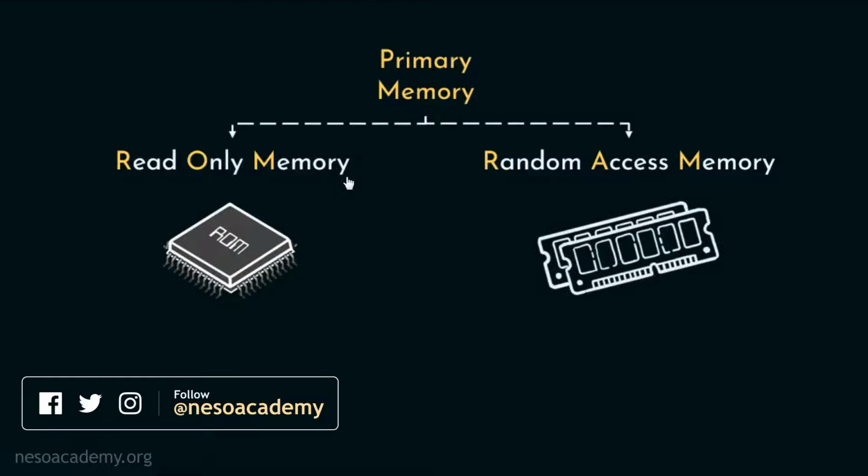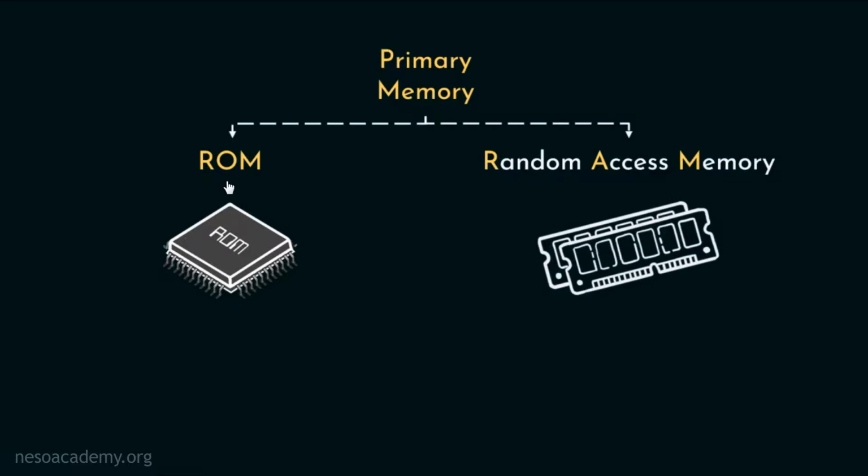And as the name implies, the read-only memory or the ROM is primarily used to read the information which is stored in it. Now ROM generally stores firmware, and firmwares are basically the softwares, or in other words, the set of instructions which are hardwired or permanently stored in the ROM. And for this reason, ROMs are non-volatile. That means ROM can retain data even if the power is turned off.